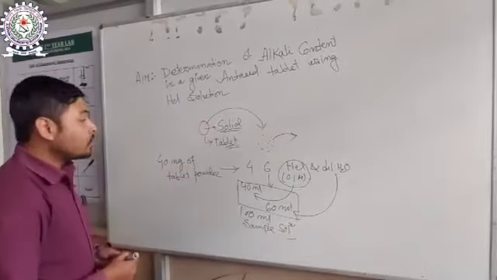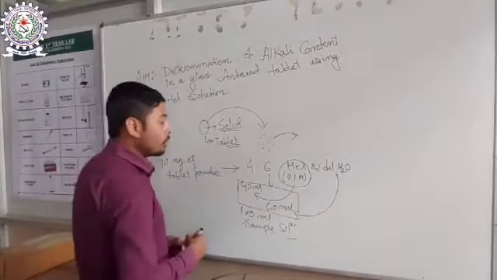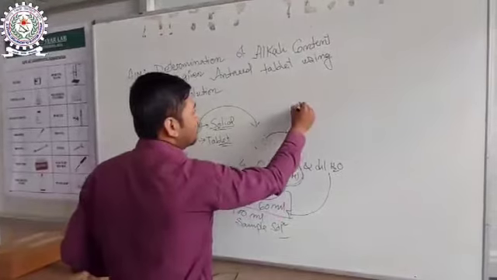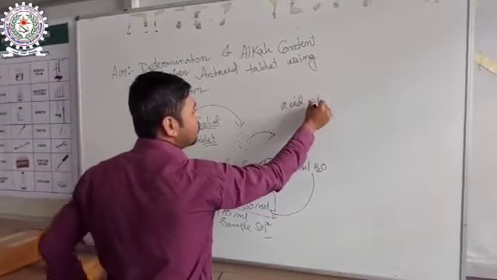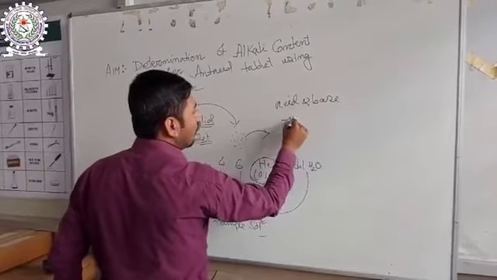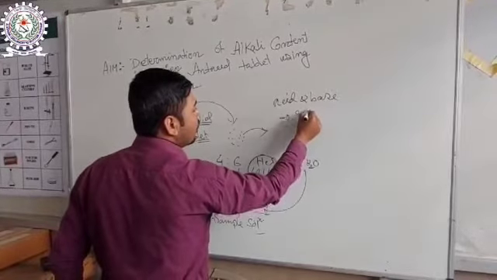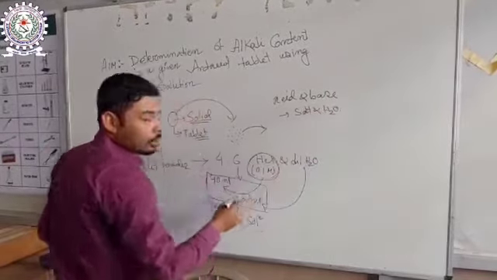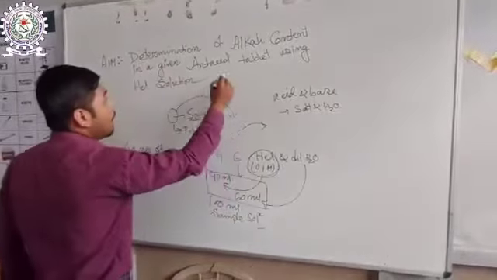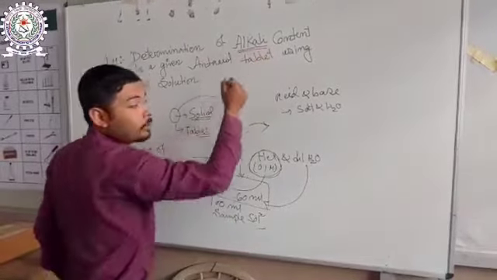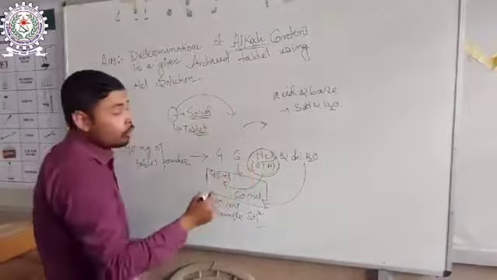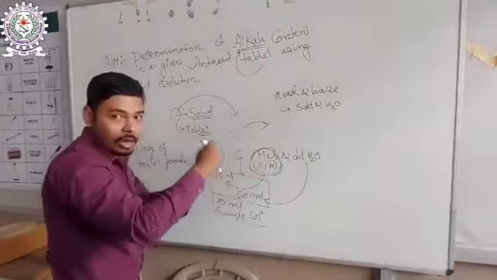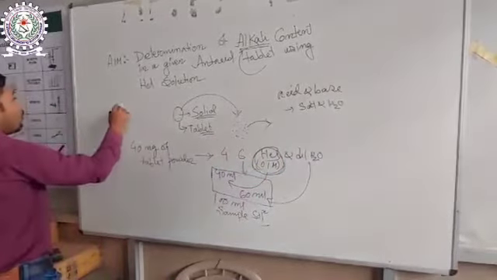So this is basically a back titration method, because here you can see we are adding HCl. As you know, when acid and base react, they give salt and water. Alkali content is present in the antacid tablet, right? So we are adding HCl. This HCl will neutralize the alkali content, and the excess amount of HCl we are estimating using titration with NaOH, N by 10.